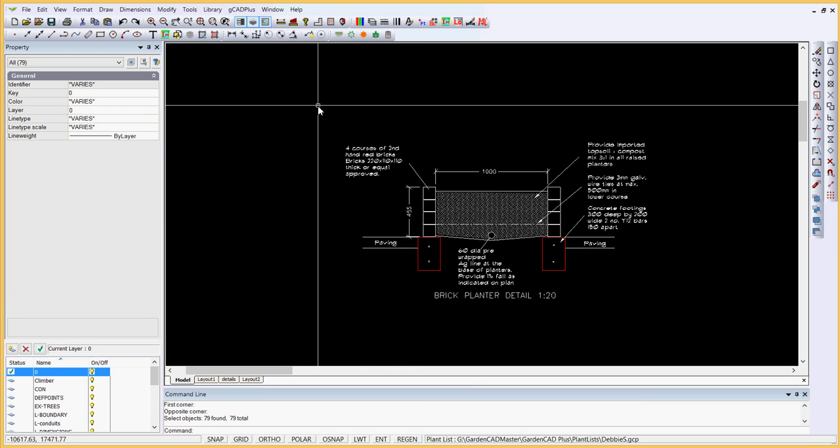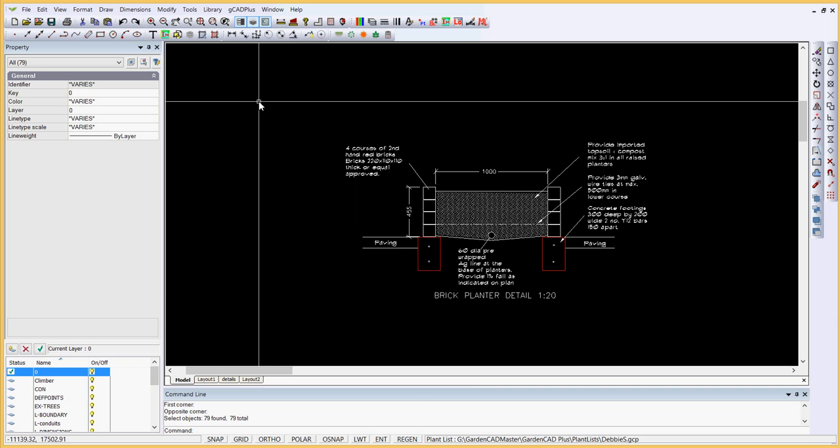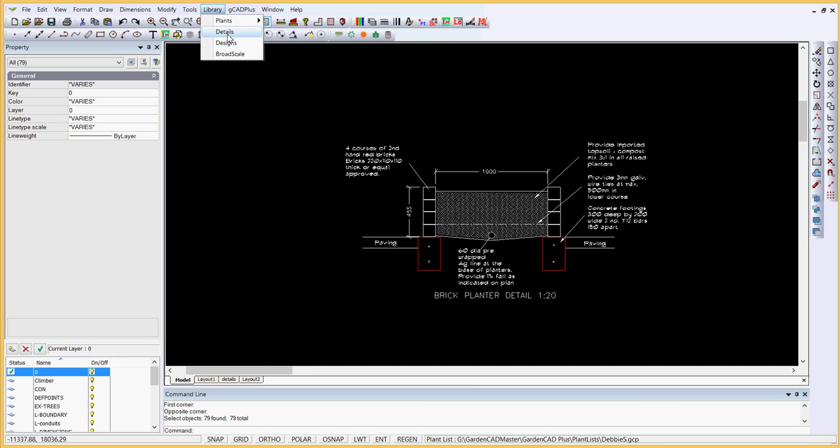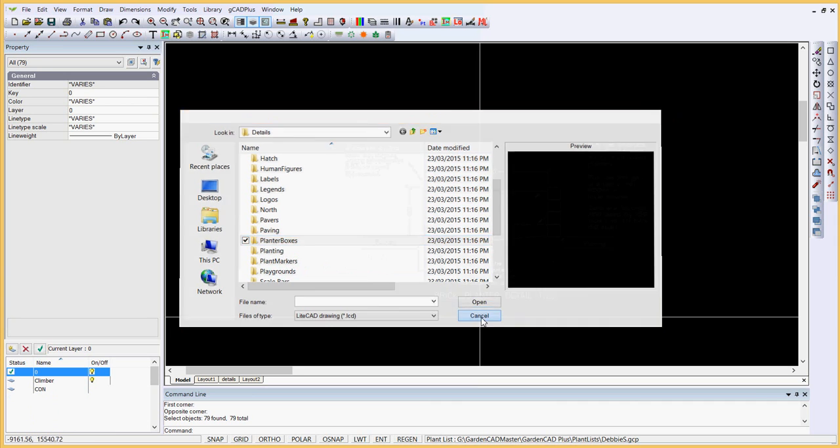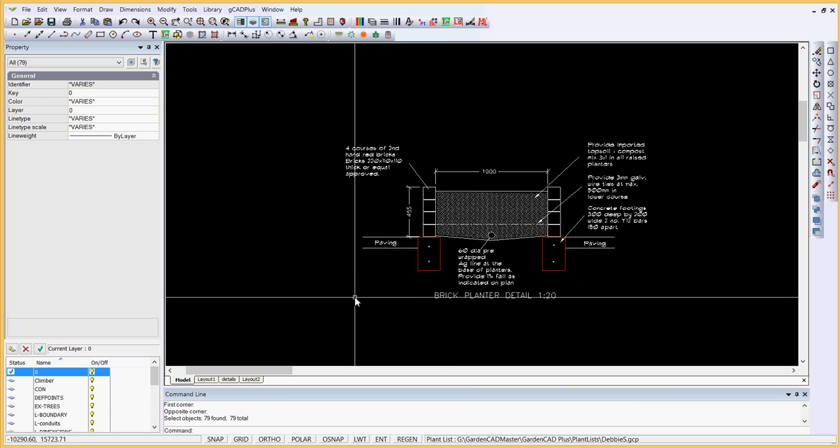Then you could save that detail for brick planter in library details, and you could put it in planter boxes so it could logically be placed into that particular folder,